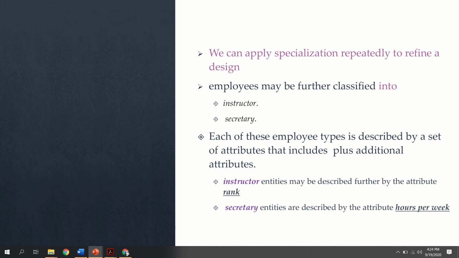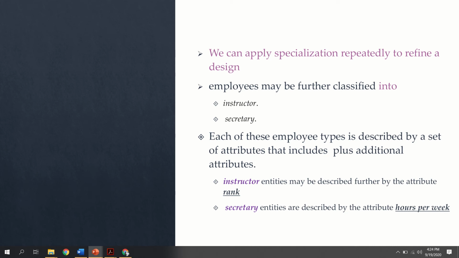We divided the person into two subgroups. The first one is called the employee and the second one is called the student. So now we are taking the employee again, and we can try whether it can again be subdivided into subgroups. Yes, here we can see one example in which the employee entity set is again classified into two subsets. The first one is the instructor and the second one is the secretary. Instructor means the faculty, and secretary means any working person in a college or